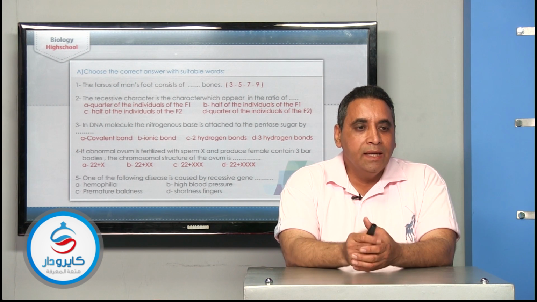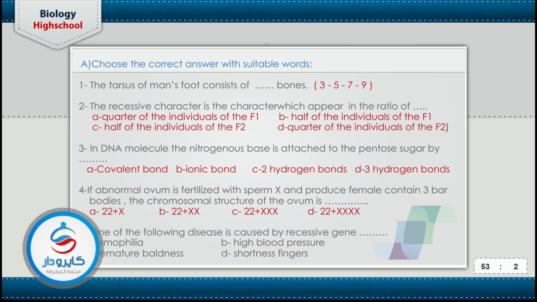Number 3. In DNA molecules, the nitrogenous base is attached to the pentose sugar by dots bond. Number A, covalent bond; number B, ionic bond; number C, 2 hydrogen bonds; number D, 3 hydrogen bonds. Anything connected with the sugar is by covalent bond, so we will exclude all the other answers, and the right answer is number A,